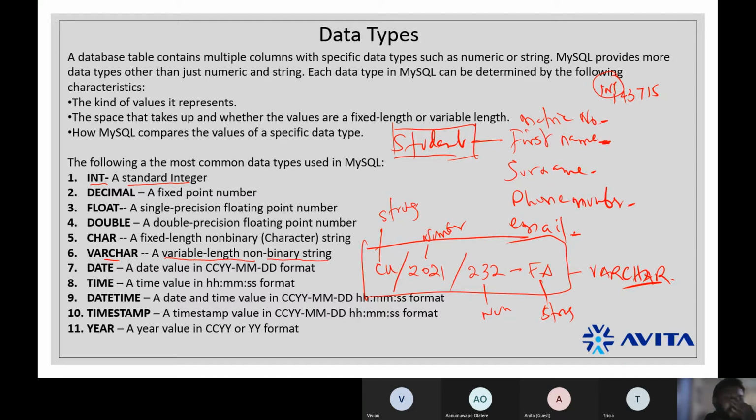Hold on. The first name of the person, right? And if it is first name, it has to do with a string, that is alphabet. So I'm going to use this as, say, integer, right? That's the data type. And the data type must have a length, right? The data type must have what? Must have a length. So we say the highest length that anybody can have as the matric number is 8.